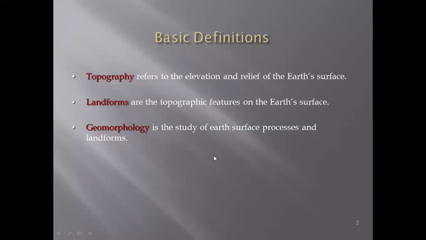We can see a topographic map in more detail, and then we see how features look like. The definition of landform is that these are the topographic features on Earth's surface. For example, how a volcano looks like in a map, how a lake will look like in a map, how a particular dam site will look like in a map, how a particular ridge or mountain range like Salt Range, like Margalla Hills, like Himalayas, how they look like in a map.